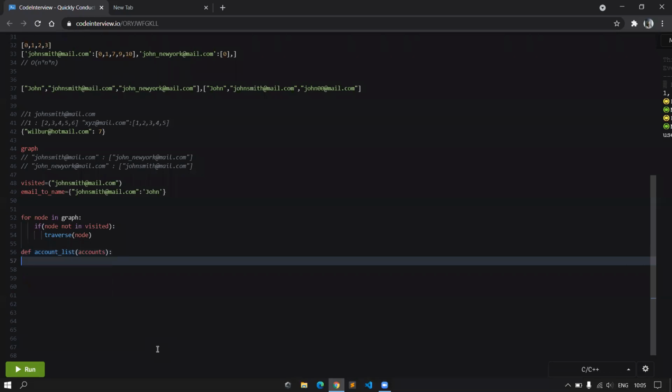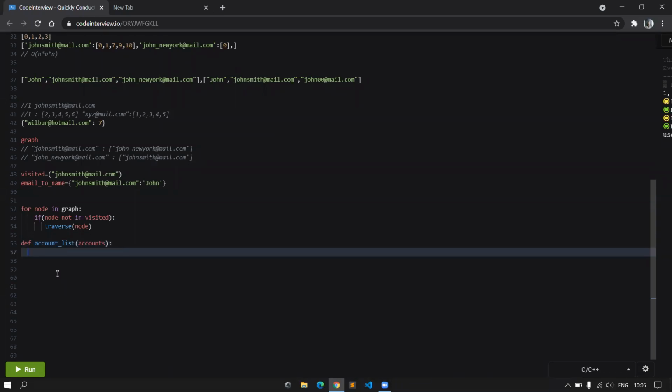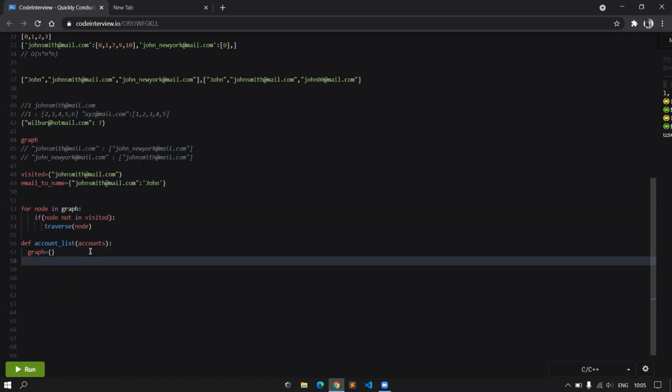So let's say the function name is account list, where I need to return the list of accounts after I'm done processing all the accounts. Now to construct the graph, let's say I've taken a graph dictionary and then iterating through each of the items in the accounts list.